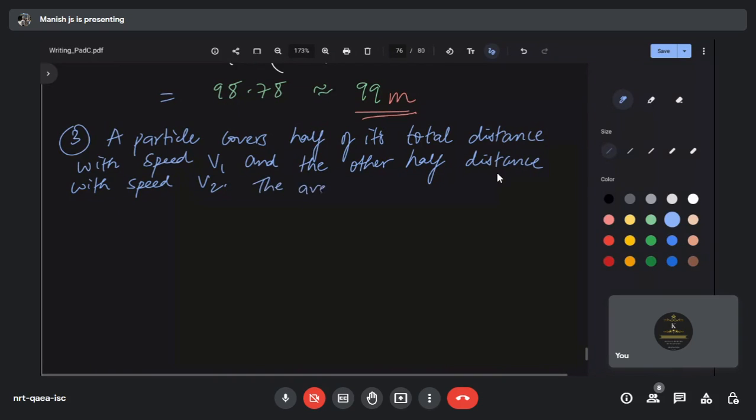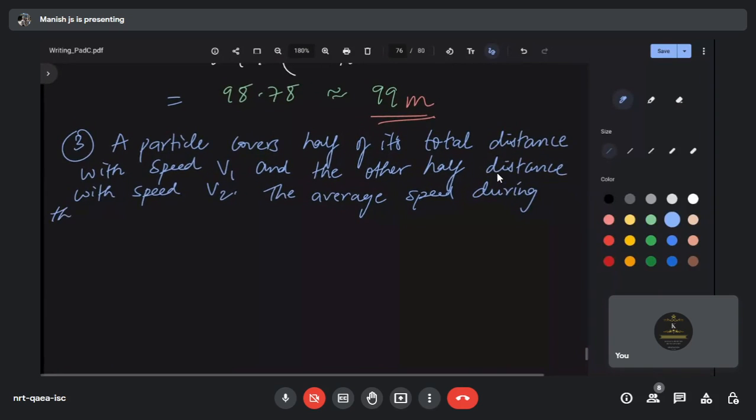So the average speed during the complete journey is